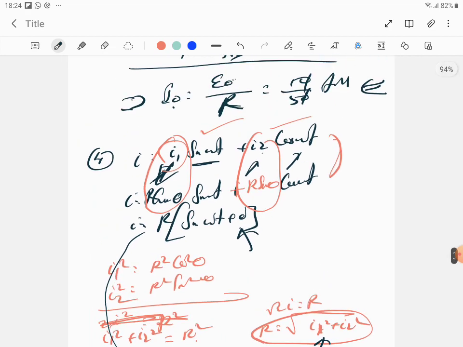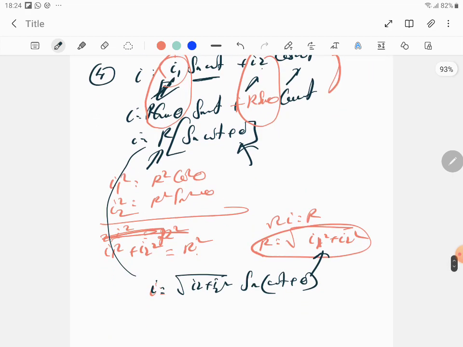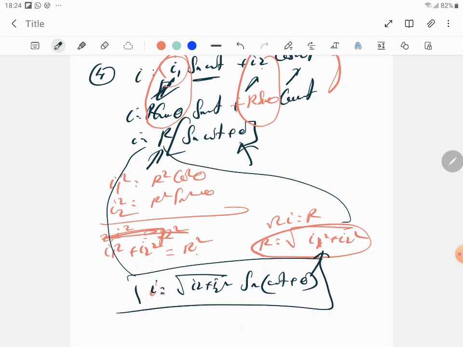So I would assume this is r cos theta, this is r sin theta. That is the form sin A cos B plus cos A sin B. You take r out, which will be the resultant amplitude. To find r, take these assumptions, square both sides, and add. You get r. Plug it in. So this is your resultant value of the current: I is equal to root of I1 square plus I2 square, sin(omega t plus phi).